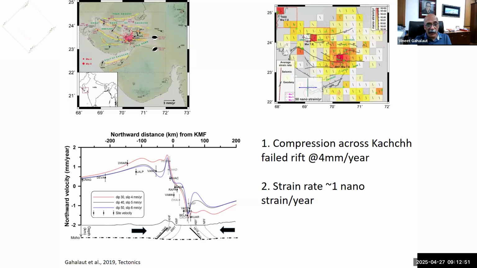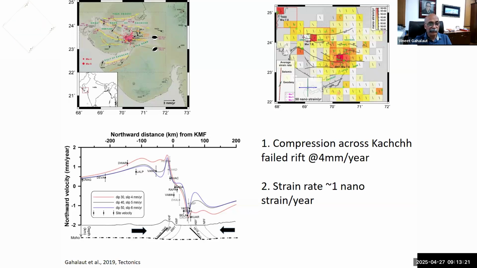I still do not know why we don't have a good history of large magnitude earthquakes in the Delhi-Aravalli fold belt, but we do have a good history of large earthquakes in the Kachchh failed rift region. It is possible that some aseismic motion, part of it, could be going across the Aravalli-Delhi fold belt, so that's why that belt is not as productive as